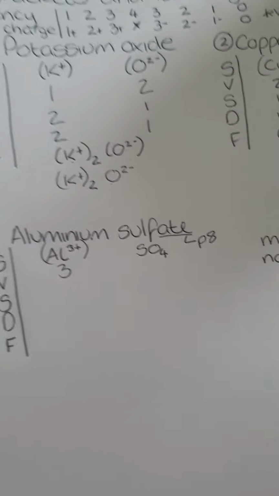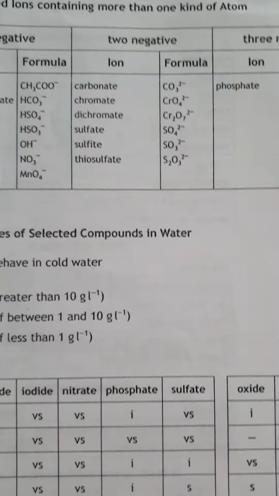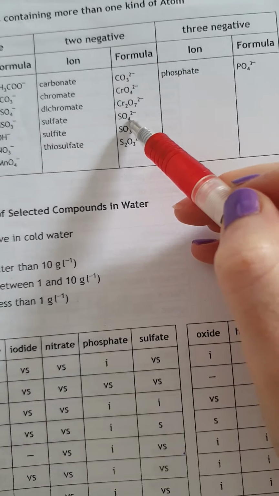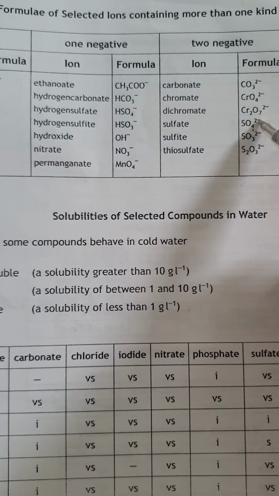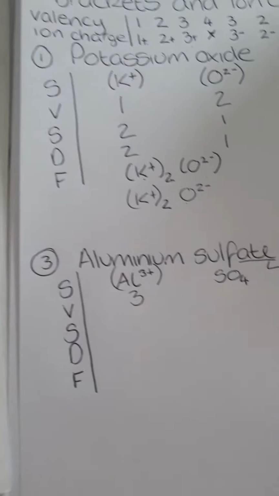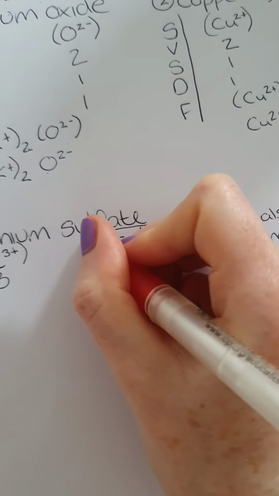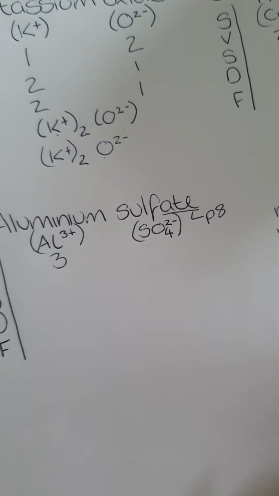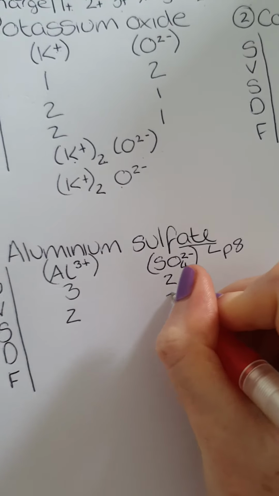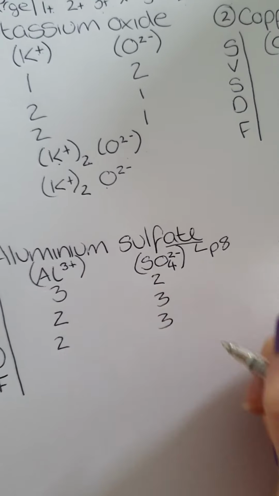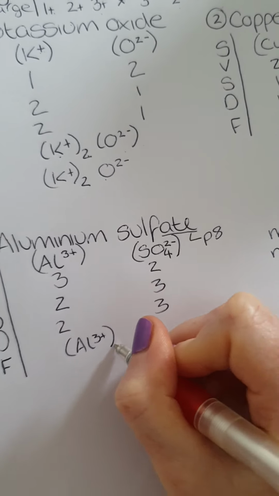SO4, now this is where page 8 comes in handy. So check page 8 and you'll find sulfate there. You've used SO4, and before I told you to ignore the charge, but now you need it. So 2 negative is the charge. So that's the easier one because it's already written out for you. Brackets, valency is 2 because valency equals charge. Swap them over. These won't divide. So this one becomes Al 3+ 2